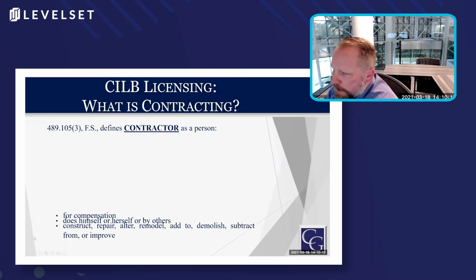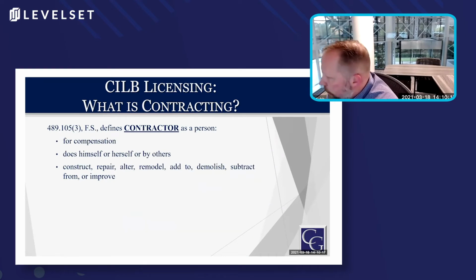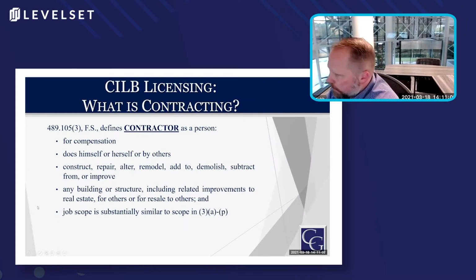And lastly, from a definitional perspective, before we go forward with any other discussion, we have to understand the definition of a contractor. So what is contracting? Contracting is someone who, for compensation, and it can be a bid scenario, it could be a bartering scenario, it could be anything that you gain for value, which is a legal definition for compensation, does by himself or herself or by others, so there's your subcontracting requirement. Himself, herself is self-performing, others through subs. And then you have this list of verbs that you can perform for contracting: construct, repair, alter, remodel, demolish, subtract, improve. Real property, any building or structure, including related improvements for real estate, for resale to others, and for job scope, which is substantially similar in scope to